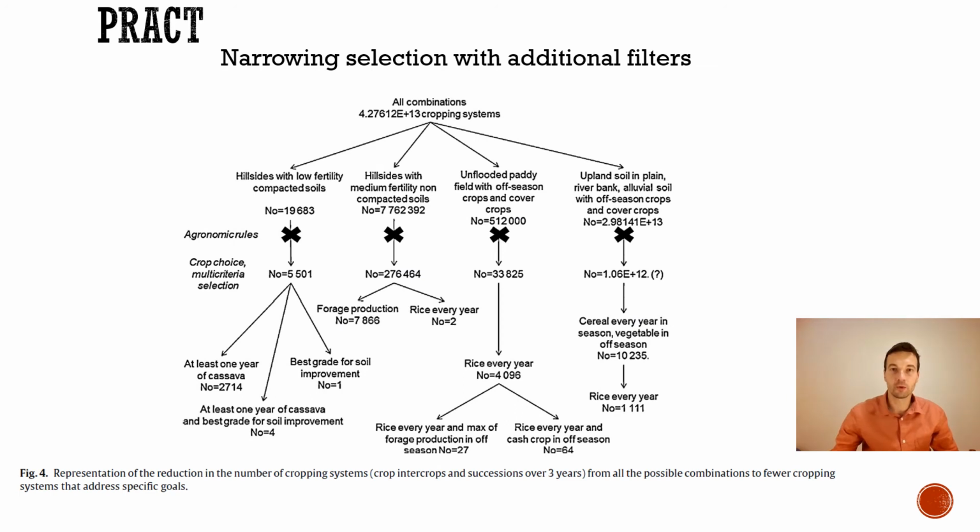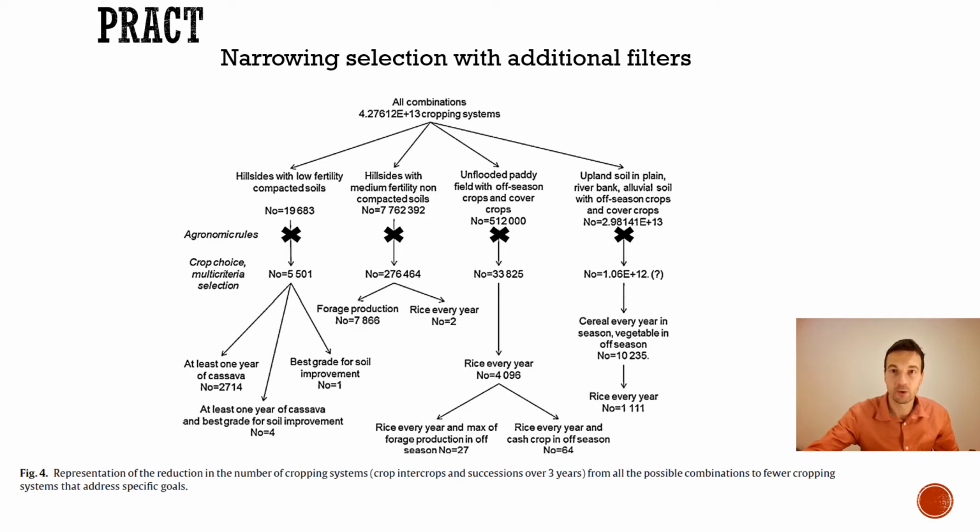The final output of PRACT is a list of crop and cover crop intercropping in the cropping season and in the off-season over a 3-year period. A further step is to select from among these feasible cropping systems those that fit in within farmers' particular goals,